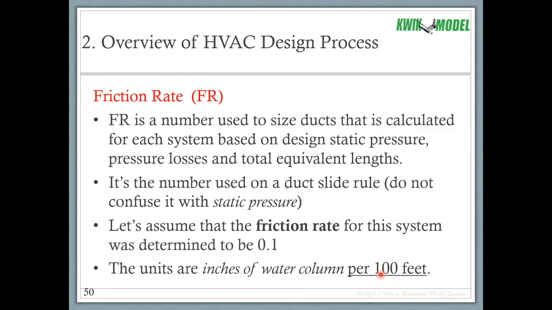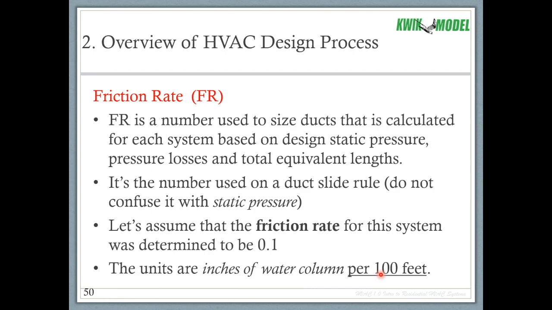So that has a certain amount of resistance associated with it. But also a bend or a fitting of a certain type, different things along the way use up static pressure. But instead of quantifying them in terms of static pressure, they quantify them in terms of length of duct. So in other words, they say this bend is worth 10 feet of straight duct. So you add your 20 feet of straight duct plus 2 bends at 10 feet, so you get 40 feet